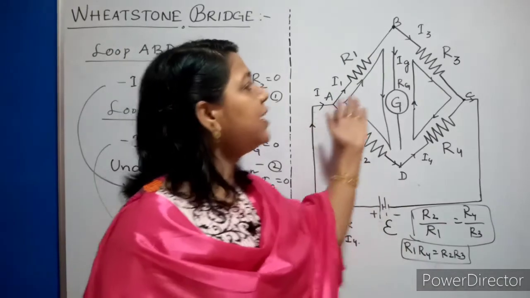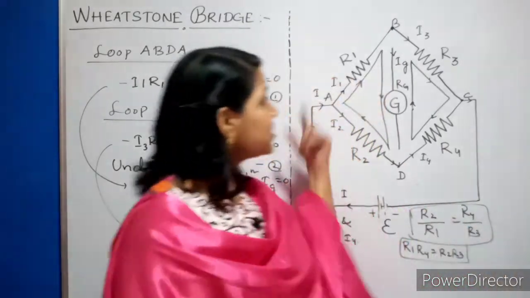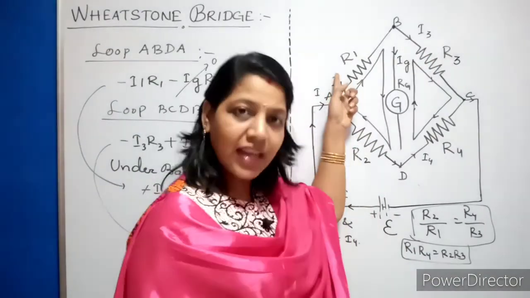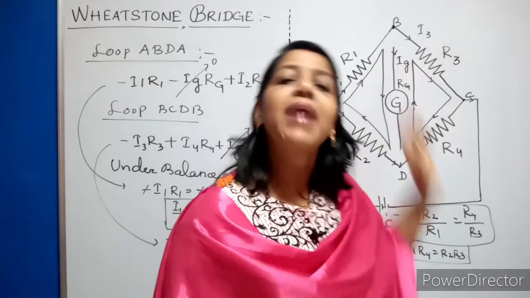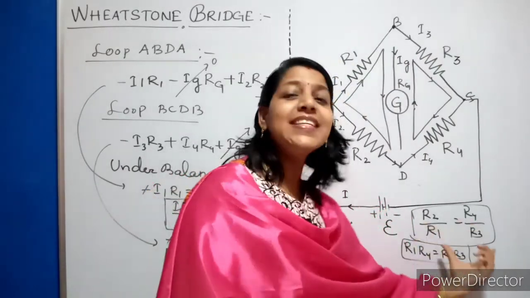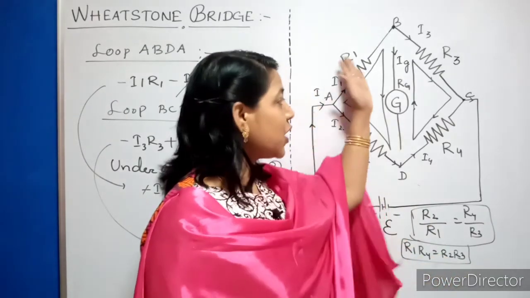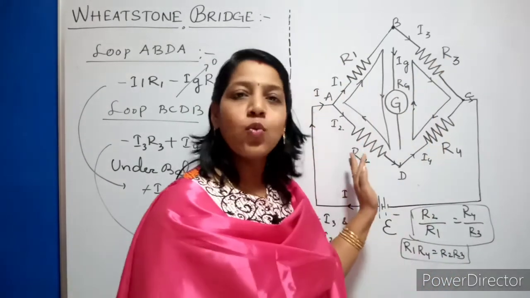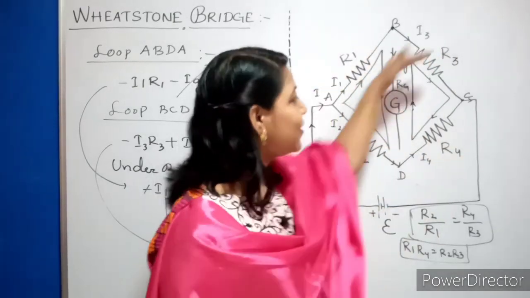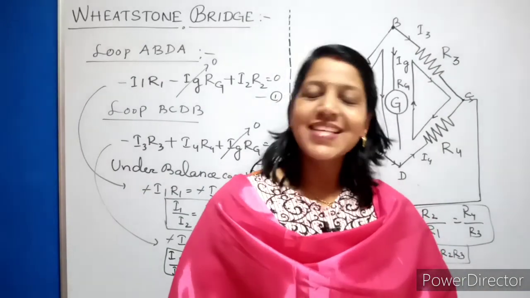You can take any notation. In some books they have given P, Q, R, S. And in some books they have considered this current as Ig, and this current as I1 minus Ig, where I1 is the total incoming current. Whatever assumption you take, finally you will get this output. That is the balancing condition of the bridge. Product of opposite branches are equal, or this by this equal to this by this. You can try in all other ways. You will get the same answer.